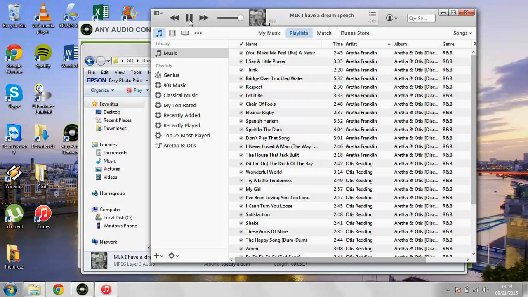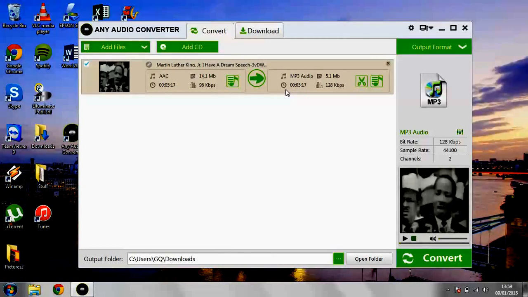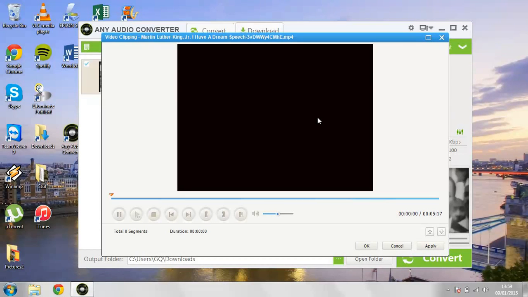Okay, and so there you go, you've got the whole speech. According to this, you can see the length of it is 5 minutes and 17 seconds. So it might be a bit long for whatever your intended purposes are. If you want to crop it down a bit, once you've converted it you can just click on these little pair of scissors here, and it'll pull up the original video like this,